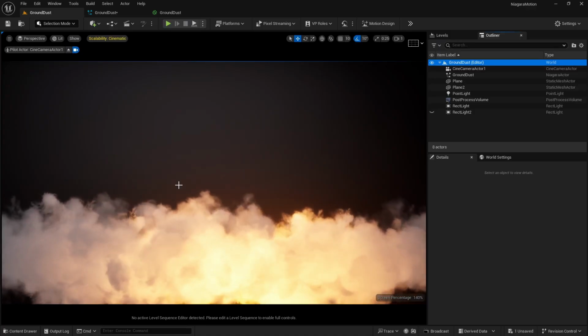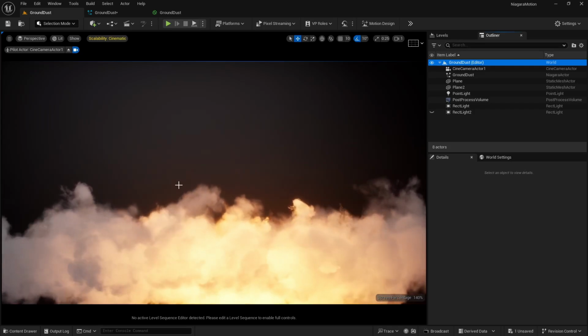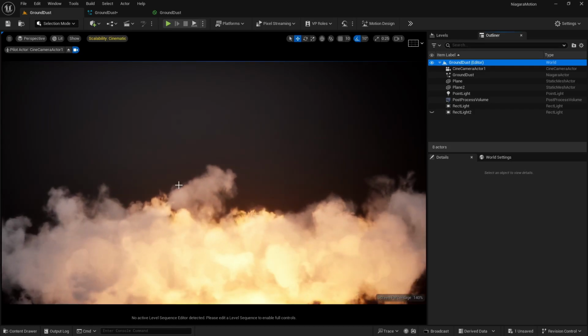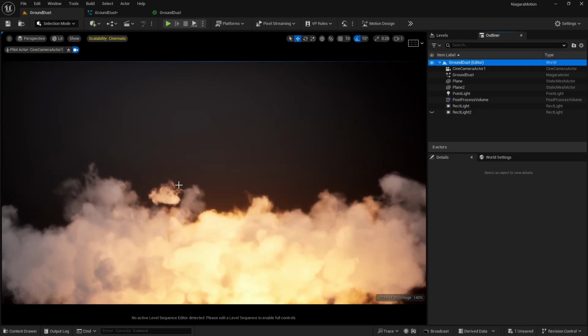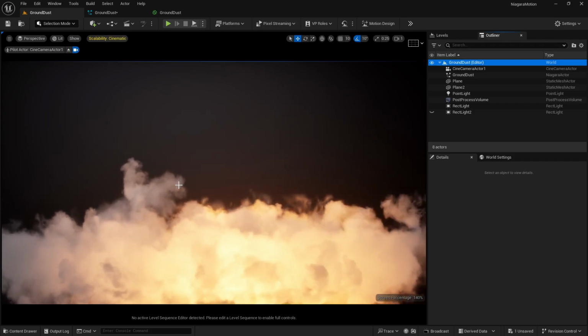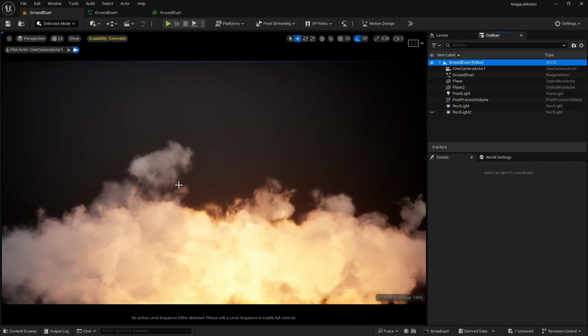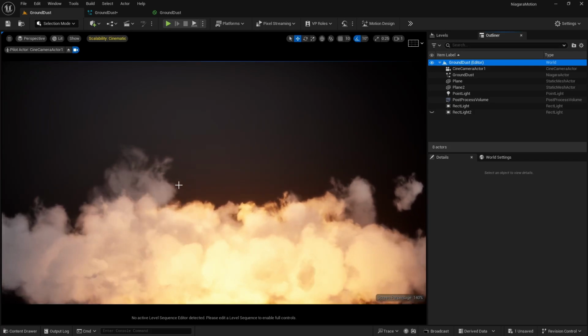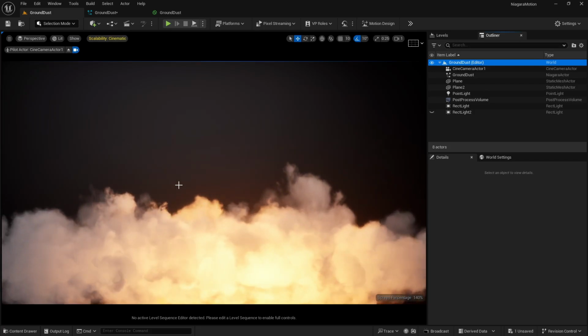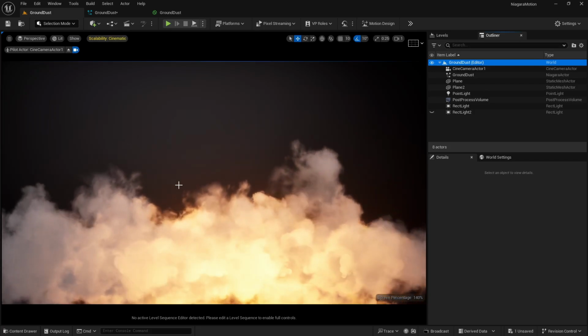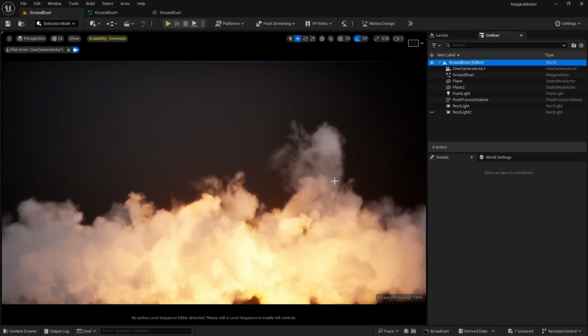As I told you, we are going to recreate this effect with the help of Niagara. I am not showing you Niagara Fluids here because Niagara Fluids is really expensive, and if you are creating a game, this is a really good method. Or if you want some distant smoke for your VFX and cinematic shots, this is a really good option. So let me show you how you can do this.